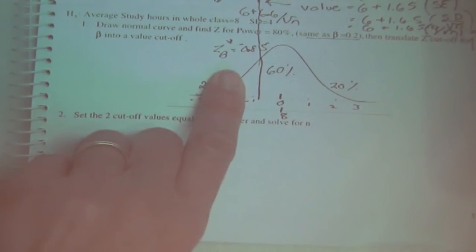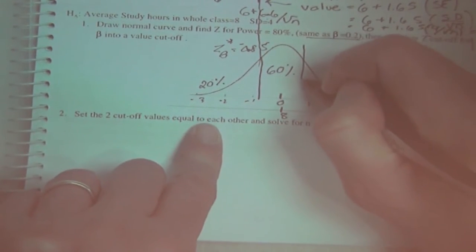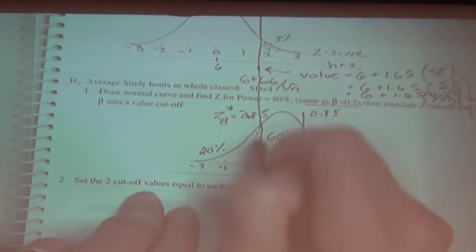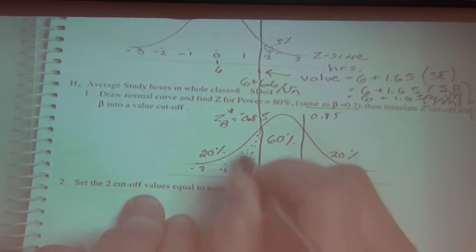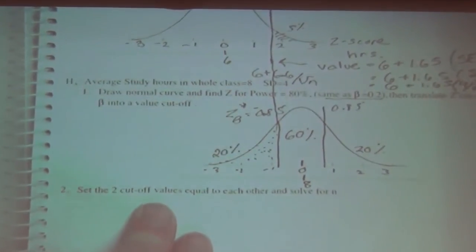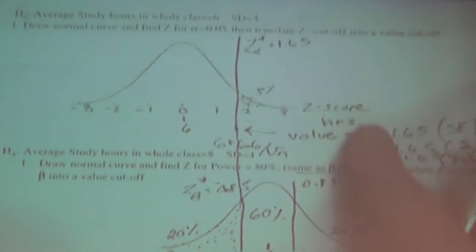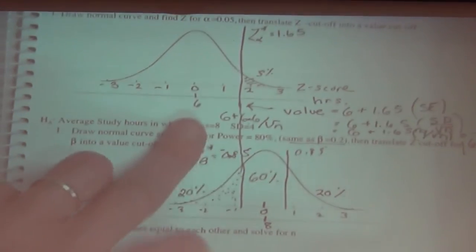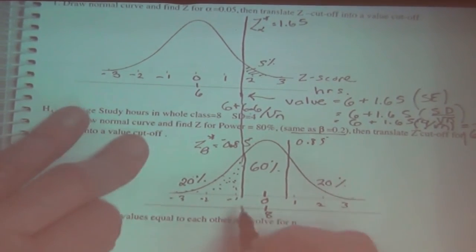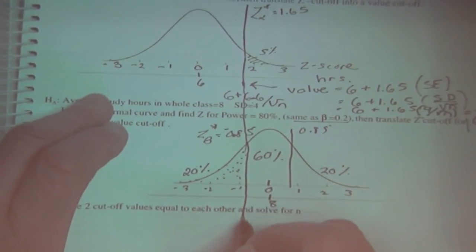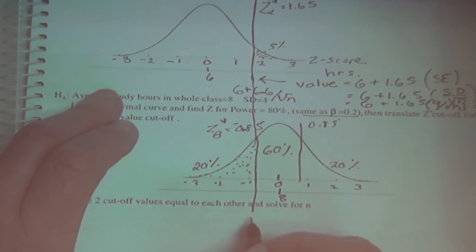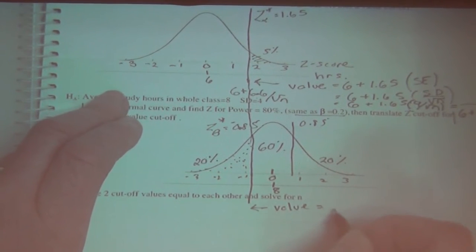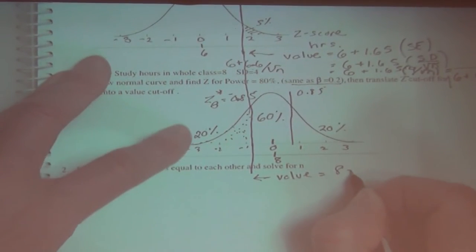Between that and 0.85 is the 60%. And this is our type 2 error that's specified. All right, so now we know our two Z-scores, right? But what's this value right here? I'll just write it here. This is our value right here. This value, I'll just do it quickly, is going to be 8 minus